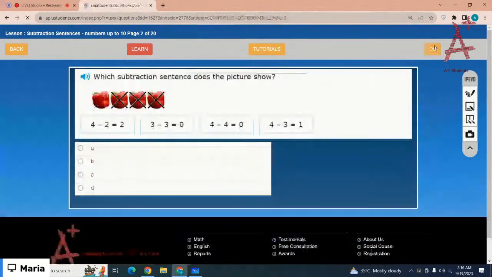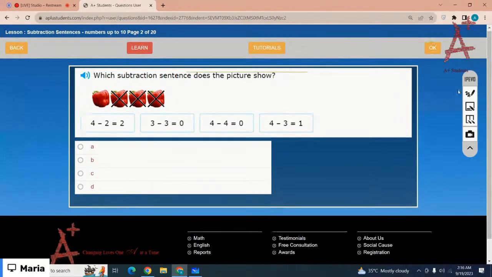Okay, how many bill papers do we have? The ones that are crossed and the ones that are not crossed, right? You have to count them all first. How many bill papers do we have? We have one, two, three, four. That means we have a total of